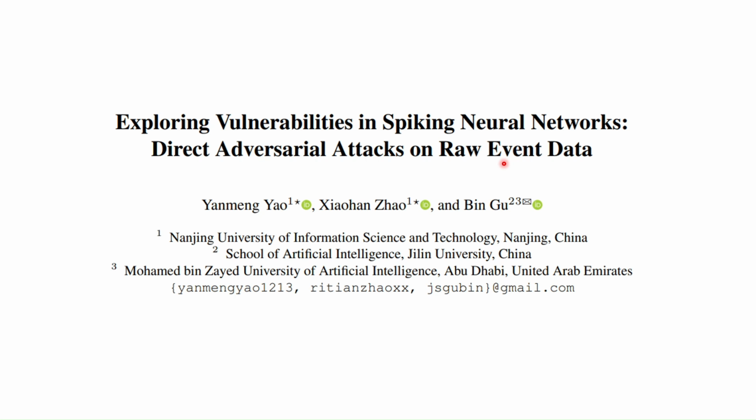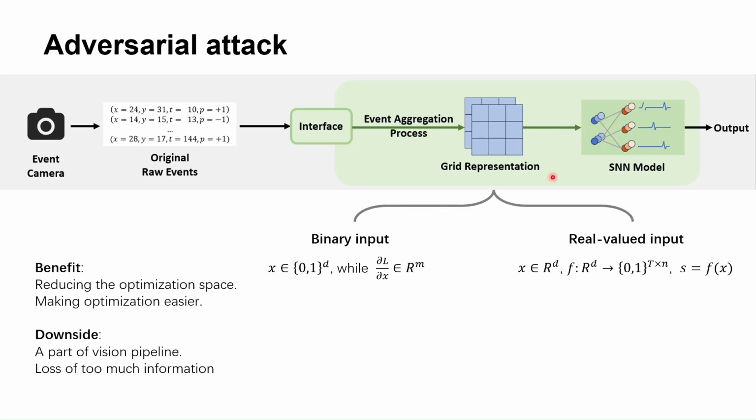In the field of computer vision, event-based dynamic vision sensors are transforming the landscape with their high temporal resolution and low power consumption. When combined with spiking neural networks, these sensors offer a promising solution for energy-efficient and faster reacting vision systems. From the figure, you can see the entire process from the acquisition of DVS data to the final output.